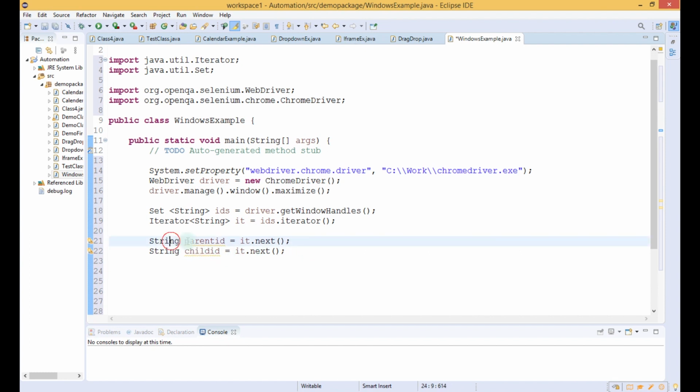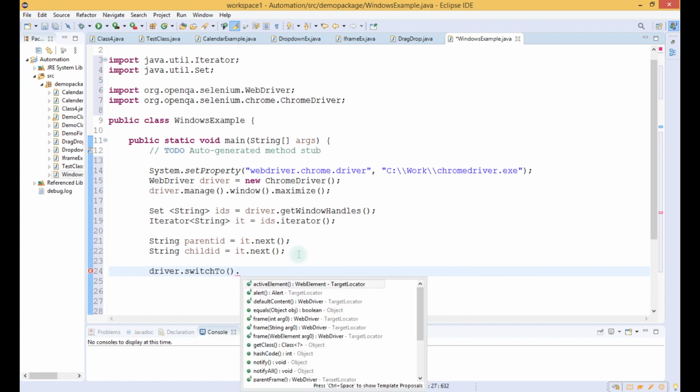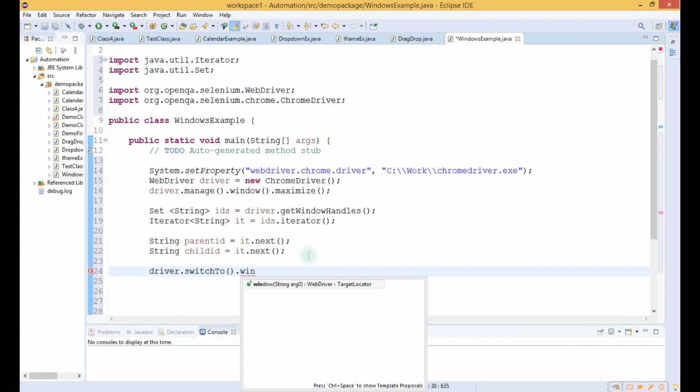Right, so we have got 2 handles, parent ID and the child ID. Now we have to switch to the child window. For that we have to write driver.switchTo().window, and as you can see, it takes the string type as argument.